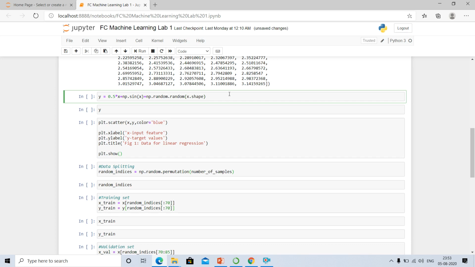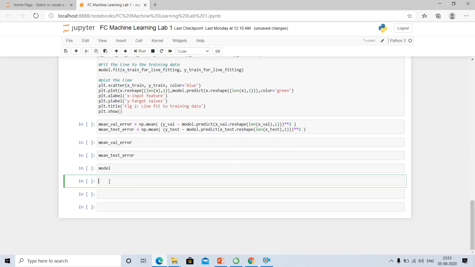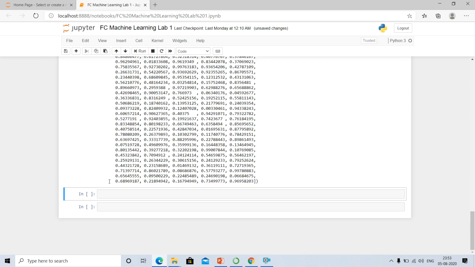If you want to check now, you can run this first, and here you can copy it, and here you can paste and you can run.